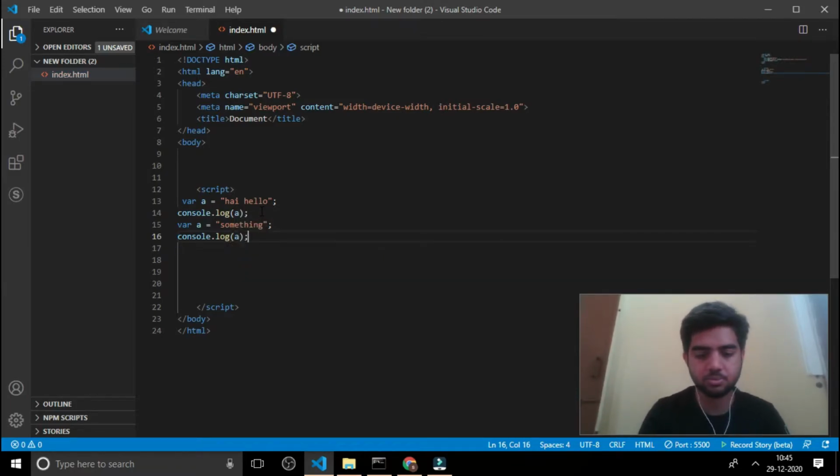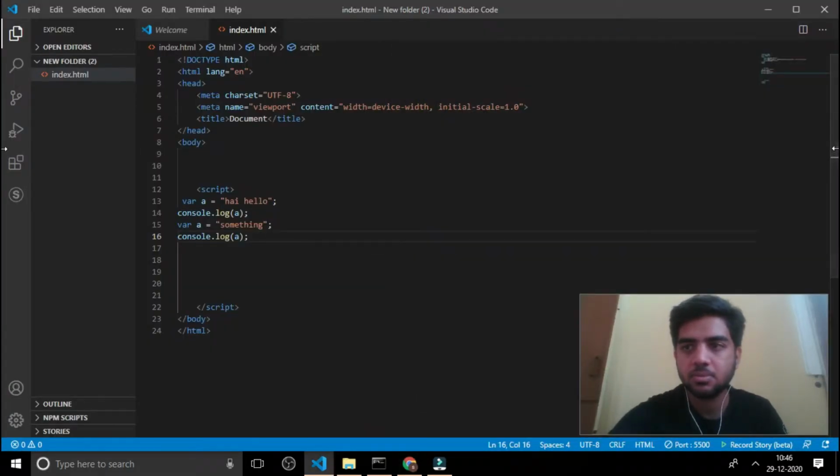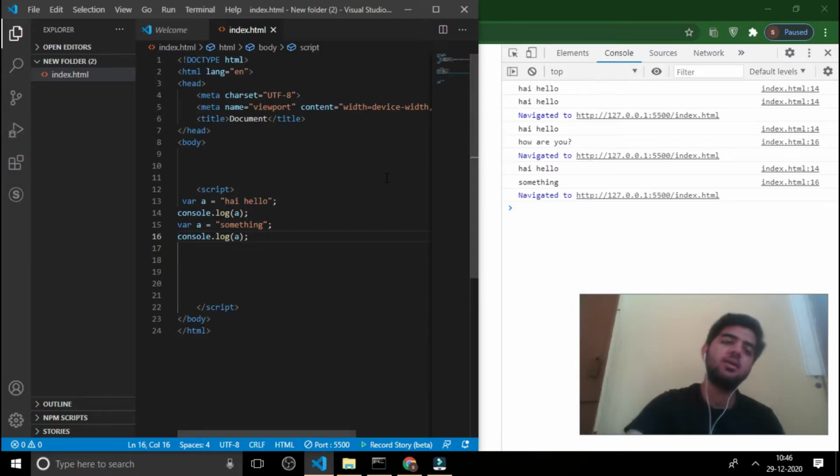So the first variable a has been assigned a value hi hello, and we console.log that, and we got hi hello in the console. Now the second variable, we have declared another variable with the same variable name, and we have assigned a string called something to it, and we are getting that something string in the console.